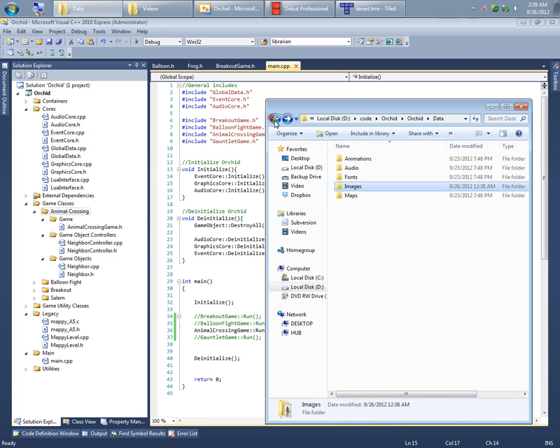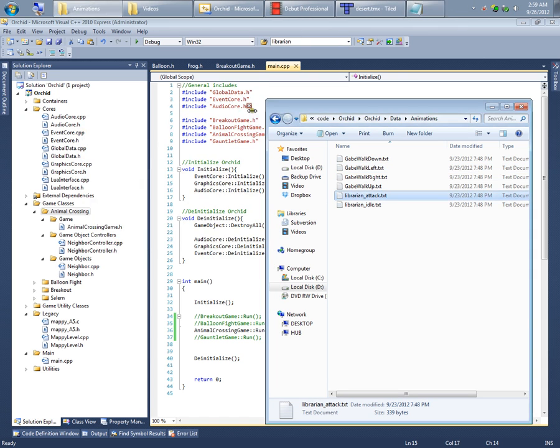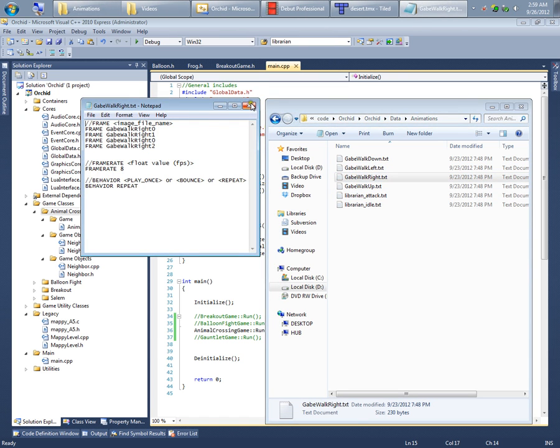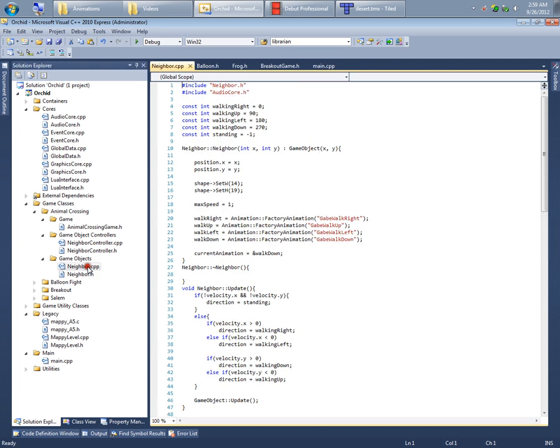That's all the animation does. That's all the animation files. That's all there is to the animation files. They're just text files, and they just become larger sequences, and those three properties are the only things that you ever have to define. So if I go to the little Animal Crossing game here, the neighbor object, I assign